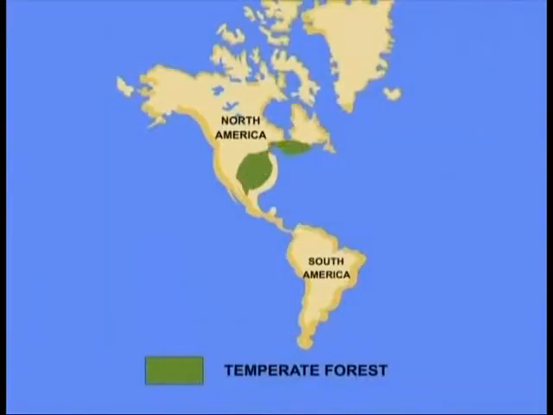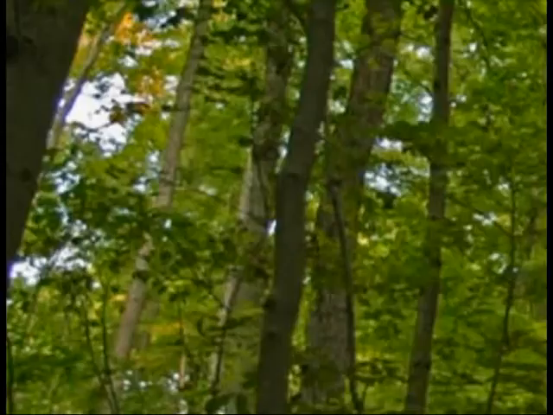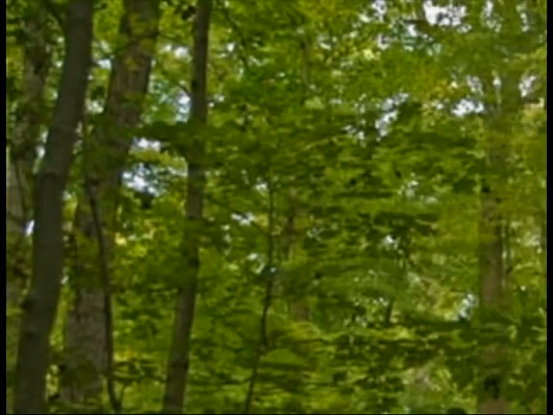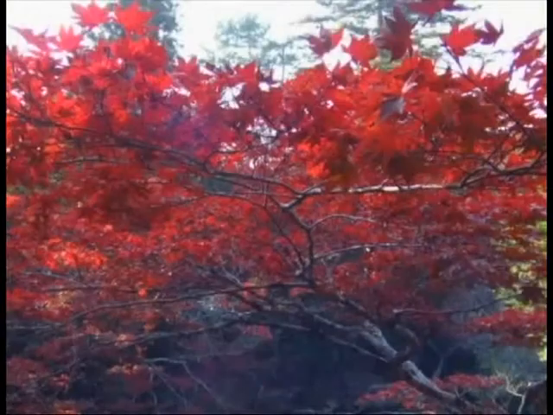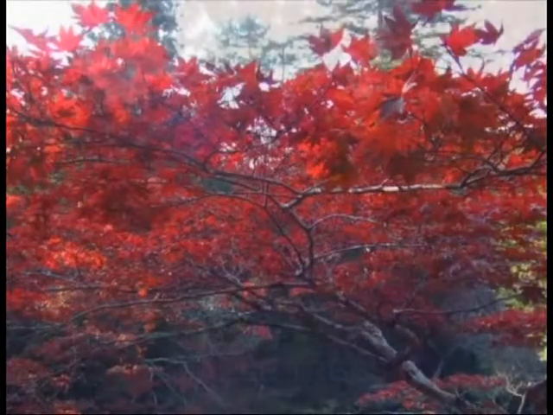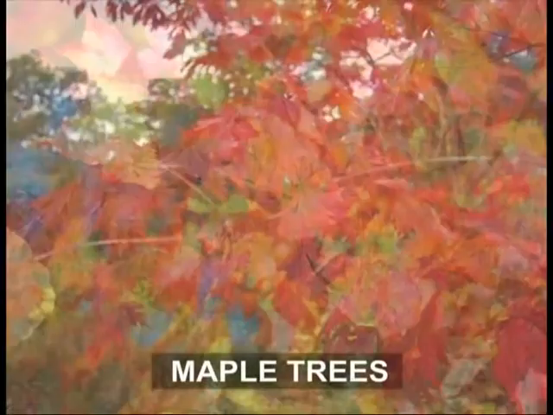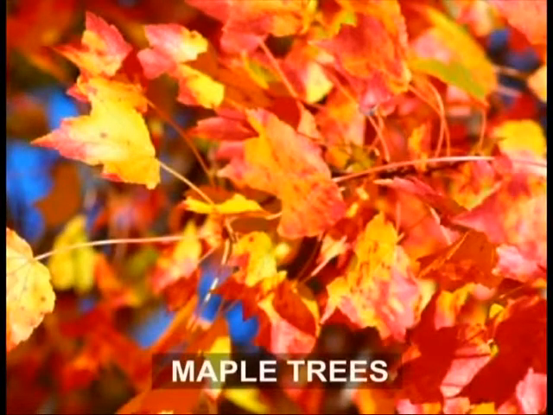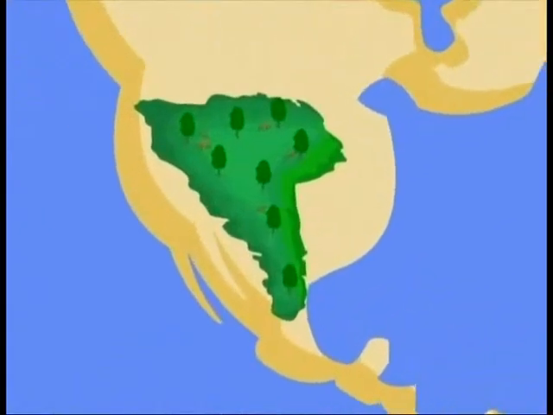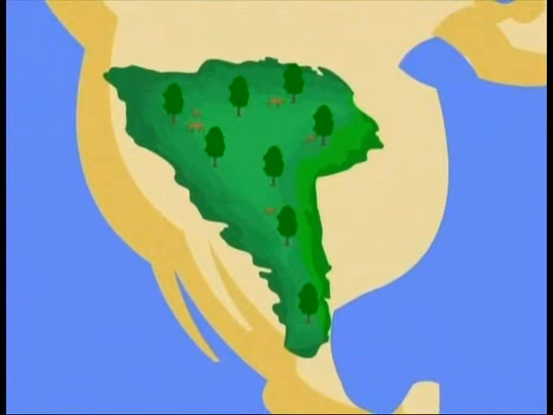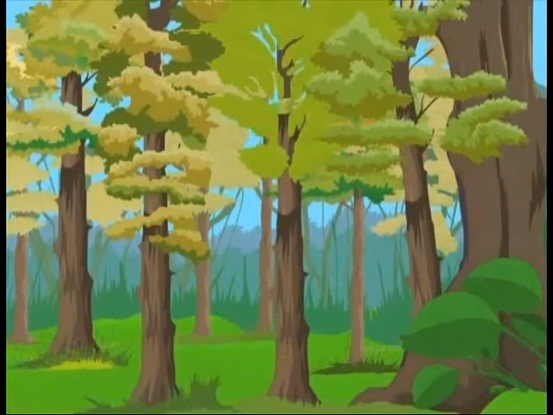Temperate forests, which once covered eastern North America and parts of Canada and Quebec, are now gone. But those forests that have survived have become world famous for their splendid leaf colors that appear in autumn. One typical example of these is the leaves of maple trees. Coming towards the North American temperate forests, we will find different species of animals and plants which add beauty and richness to the already scenic forest.